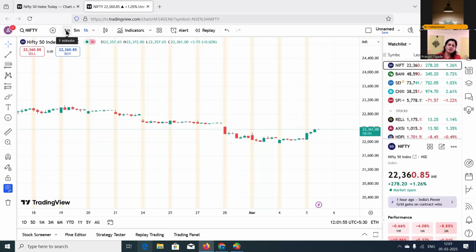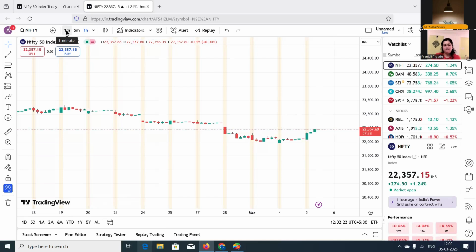What is the trend of the higher time frame? And according to the trend, you trade in your trading time frame. Okay. So mostly if you trade with the trend, there is a high chance of winning basically. Okay. So this is the difference between trading time frame and parent time frame.